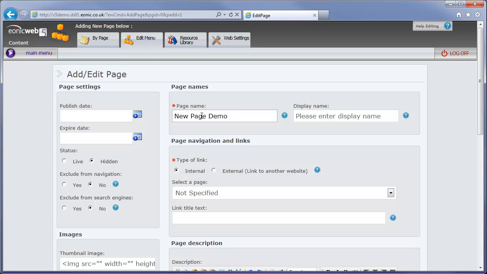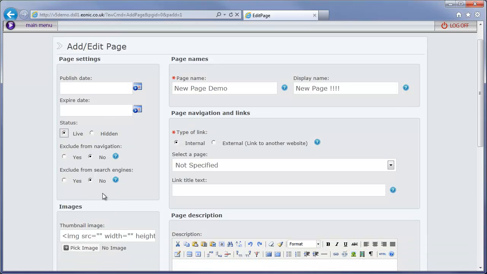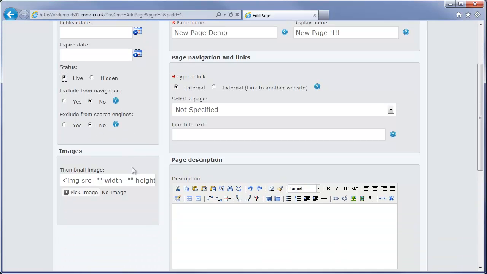There's a few features on the screen that you should look at. This page name here is what gets used in the URL, so we can make this very search engine friendly. We can have a different display name on the buttons, so we can use special characters in that, such as exclamation marks, certain characters that you can't have in a URL. We can select to have a page live, we can change the publish date and the expire date, we can choose not to have this page on our navigation, we can choose to block it from search engines,